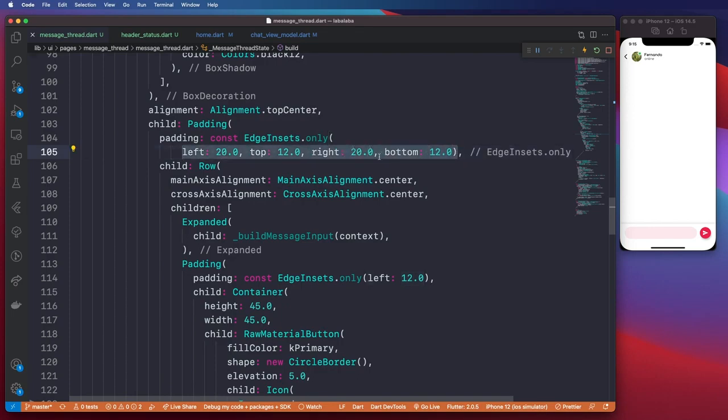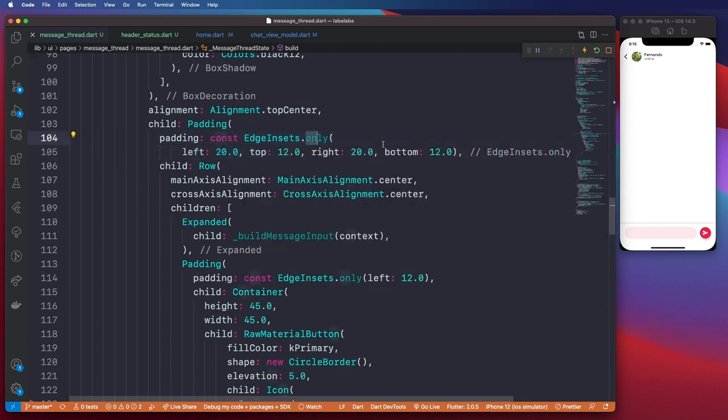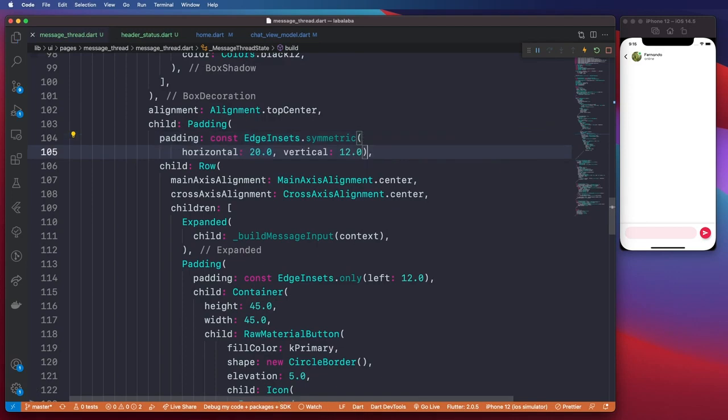Instead of listing all this like that, we could go ahead and instead of saying only, we could use symmetric, and then we could say horizontal. That would be 20, and then the vertical would be 12.0. That would be the same thing. So there we have our